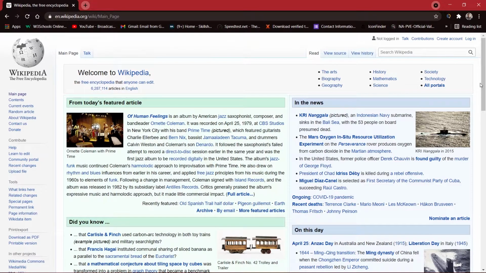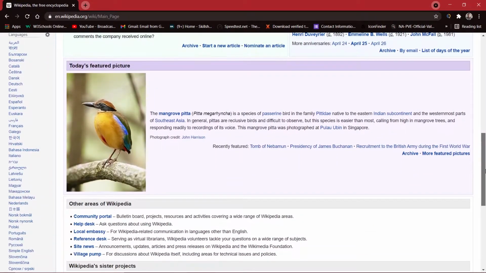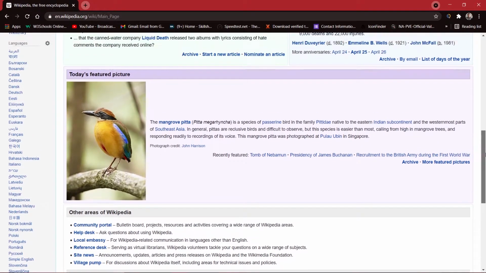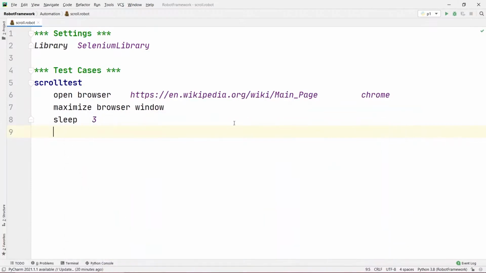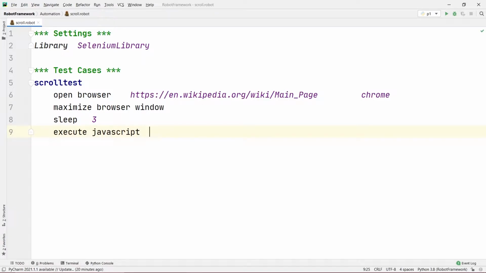To make it scroll a little bit, let's say we want to scroll around 1500 pixels on the screen. It may be somewhere around here, or maybe around here. So let's try that. For scrolling 1500 pixels on the screen, we need to run a JavaScript. For that, there is a command called execute JavaScript, and after giving one tab space, we are going to write